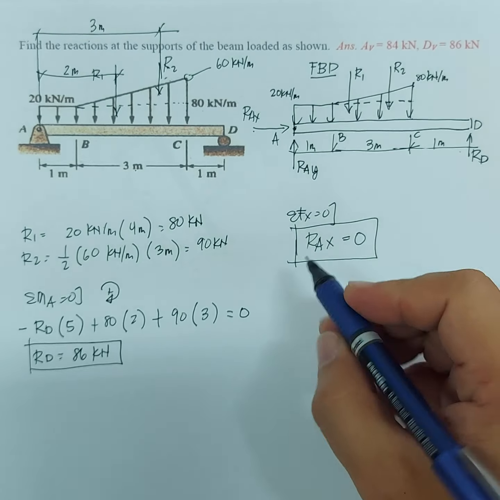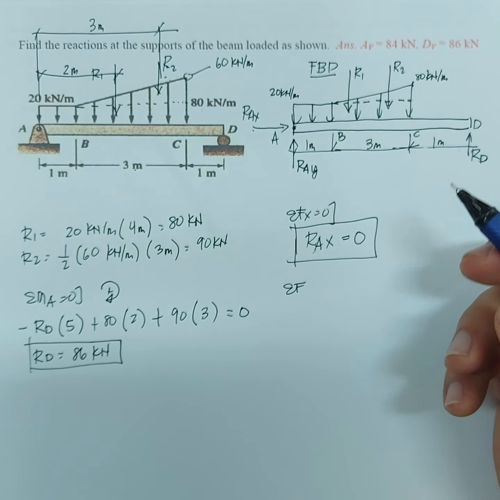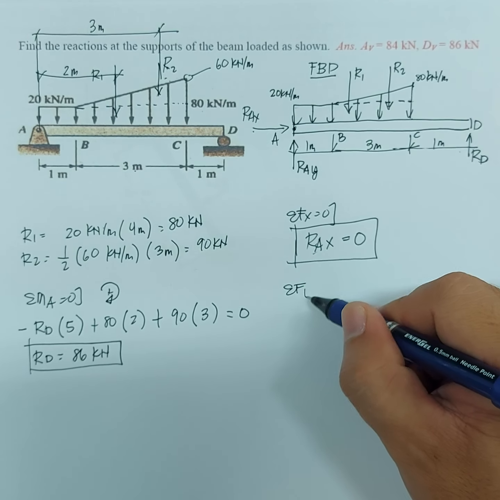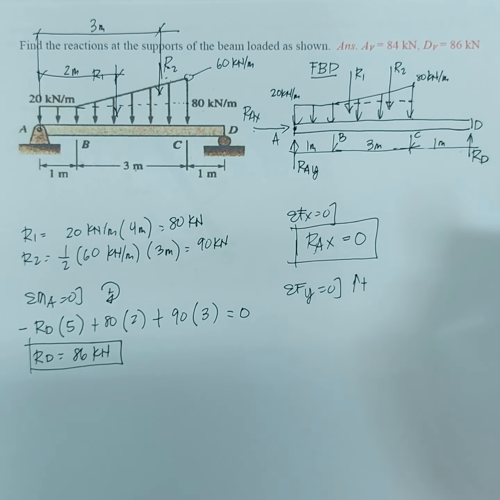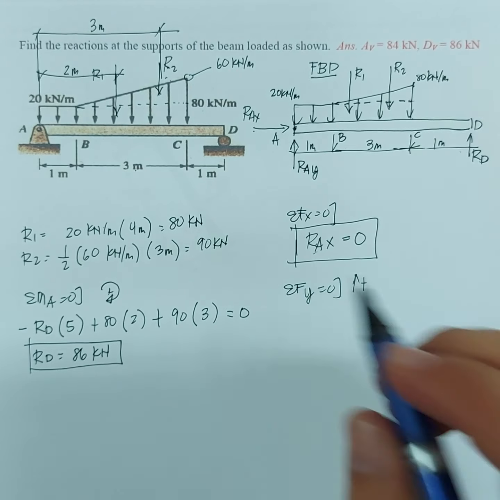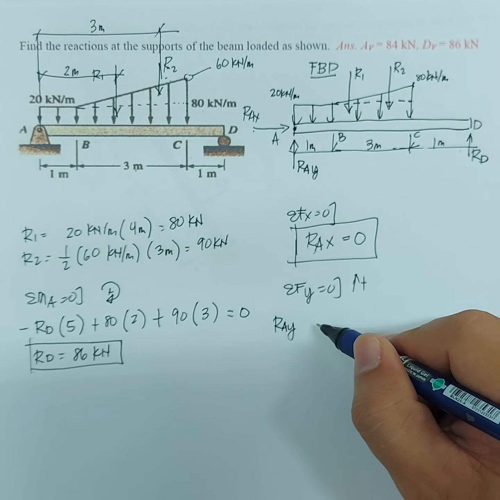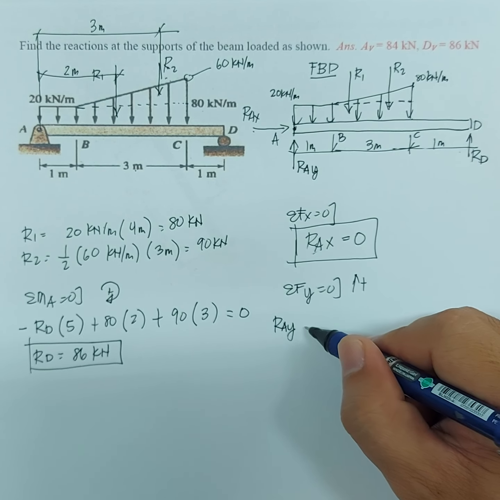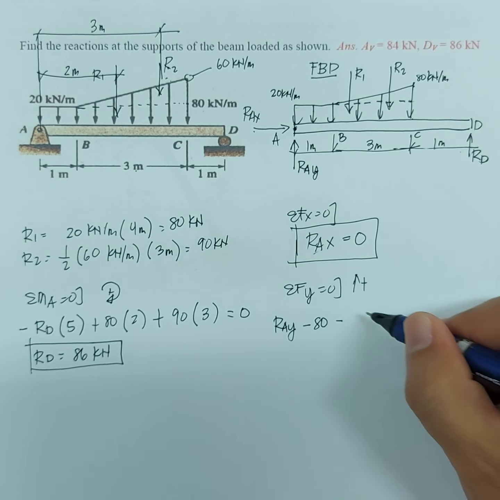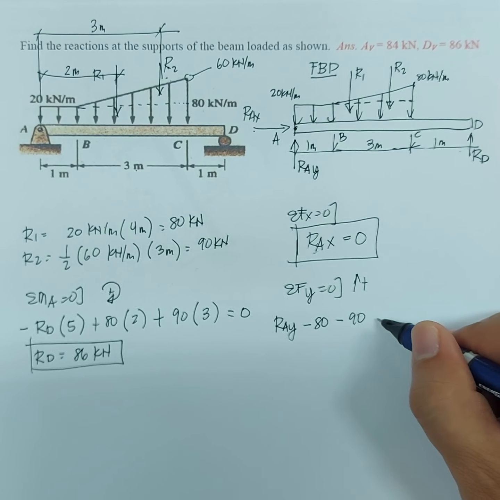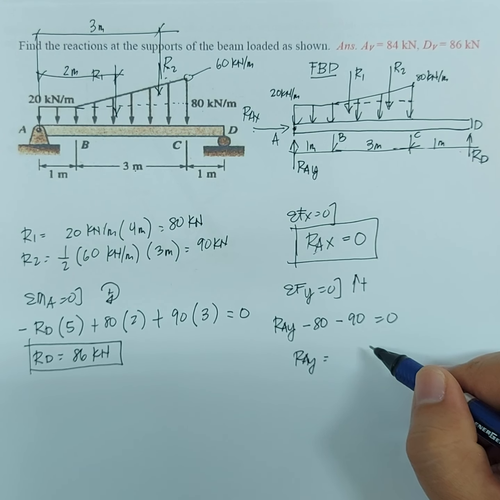And then, lastly, para masolve na yung RAY, we can summate forces along the vertical direction Y. So, upward forces positive. Okay, so RAY, we have assumed it to be upwards. So, RAY. And then we have R1 na downwards. R1 is minus 80. We have R2 na downwards. So, minus 90. Meron pa ba? Wala na. So, equate that to 0. So, RAY is equal to